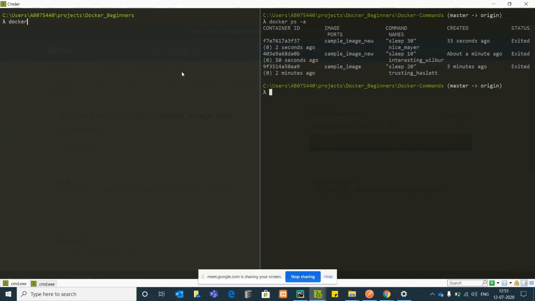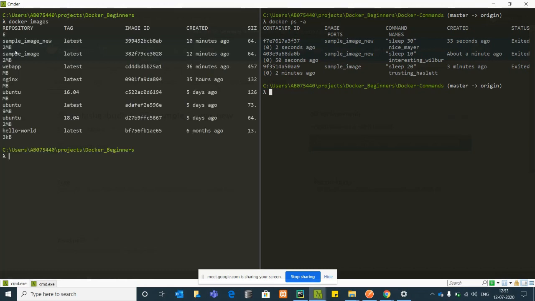Now I'll see the images, and I want to push this image, sample image new. So I'll say docker push, my username, sample image new.